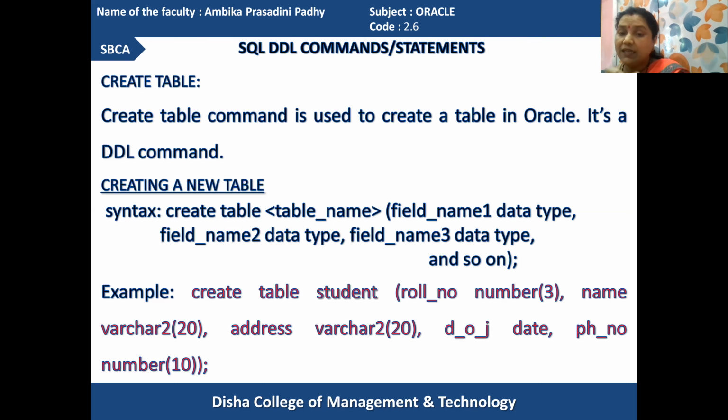For DOJ, that is date of joining, it must contain a date. The date should be mentioned in that. So the data type used here is date, where we can store date type of data. Suppose a student joined on 10 June 2020, then it should be mentioned similarly like that. So the date data type will help you to contain the data in that format. Got it? Then PHNO, to carry the phone number.